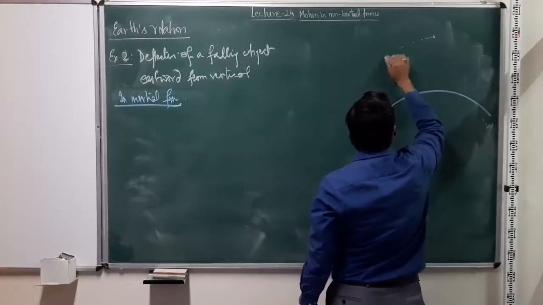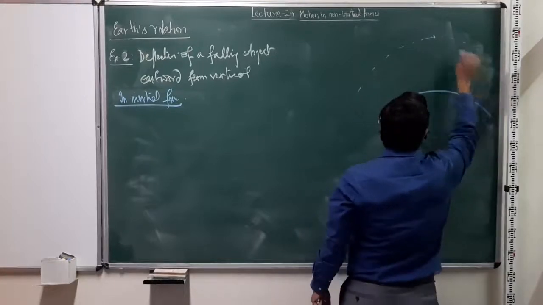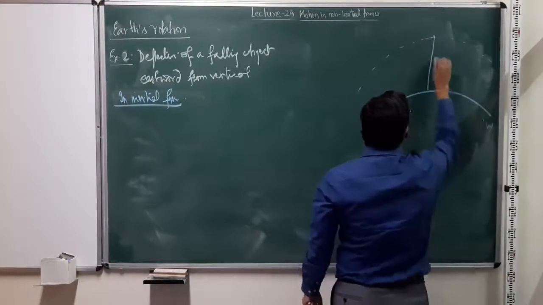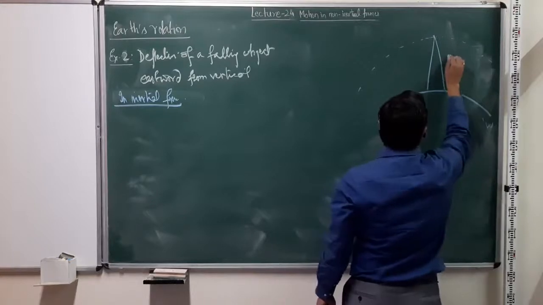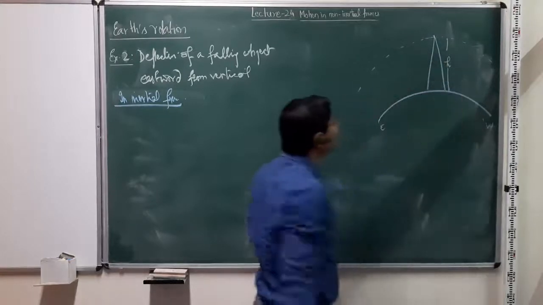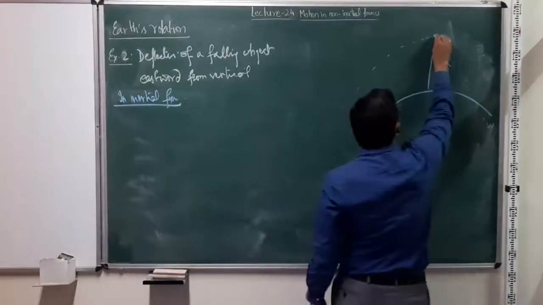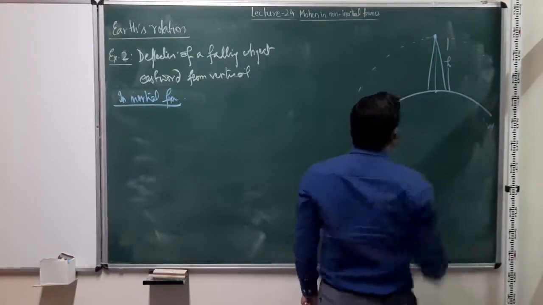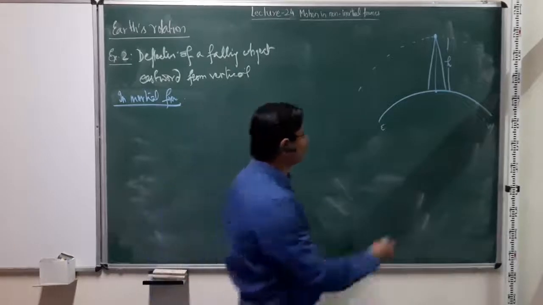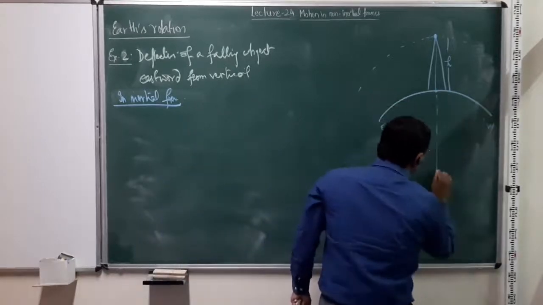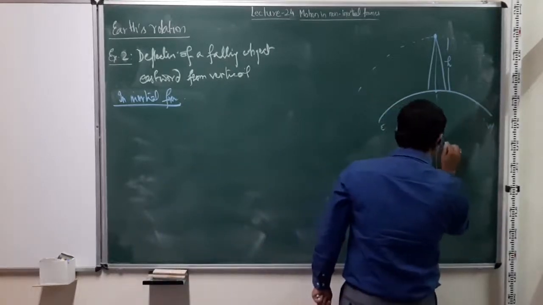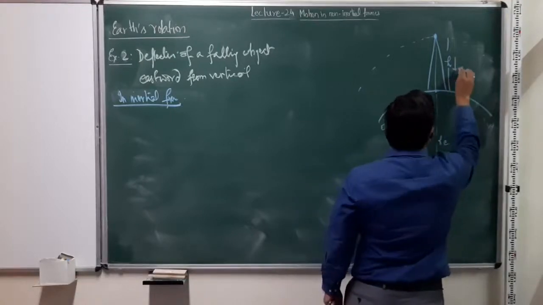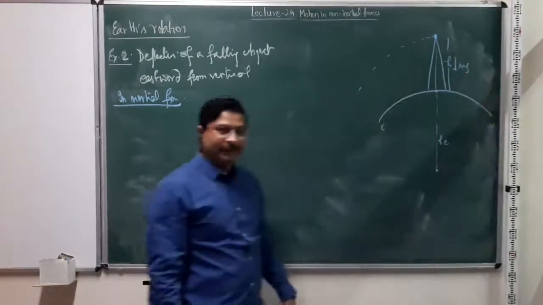So let's say if you don't drop it, let's say this is my tower, right, of height h, and I'm holding it there, right? Then where the vertical down, if I suppose I would have dropped it, then the vertical down would have come to this point, where again now let's say this is the center of the Earth, so this distance is RE, so that you always have mg acting downwards.